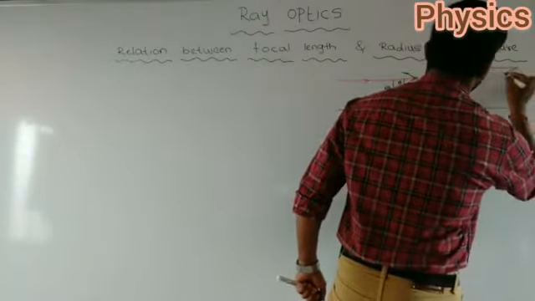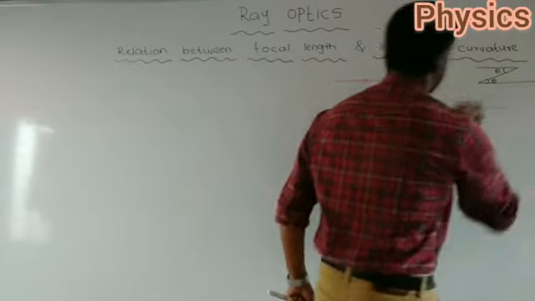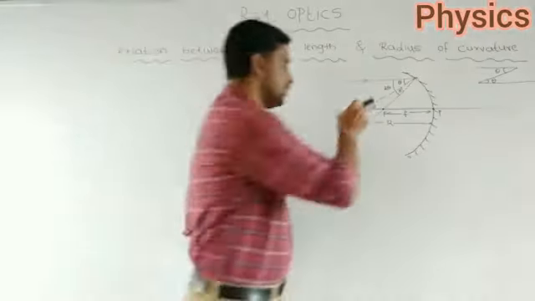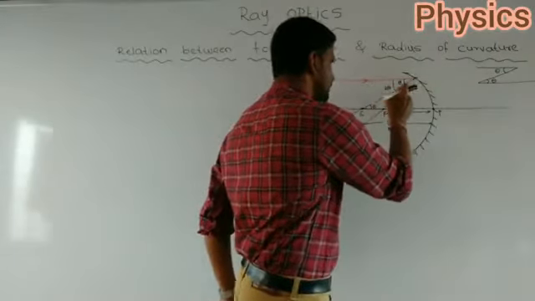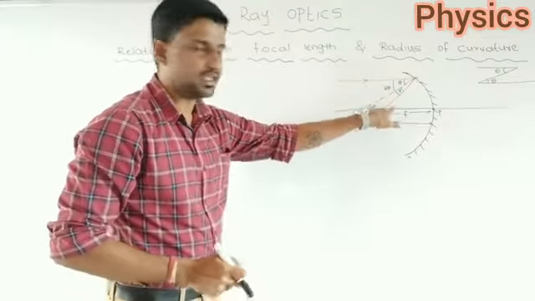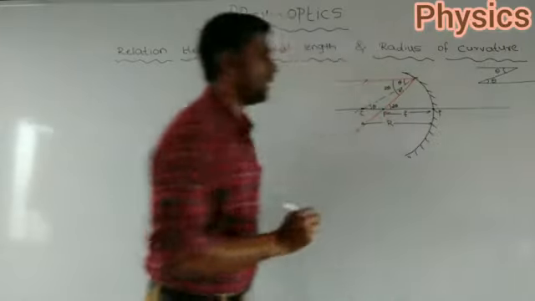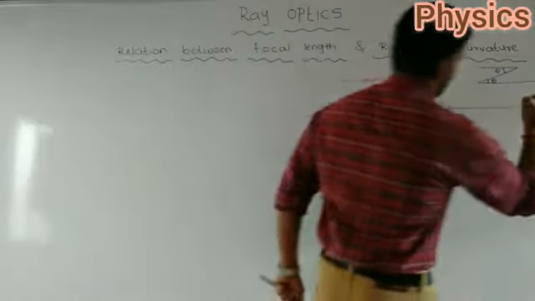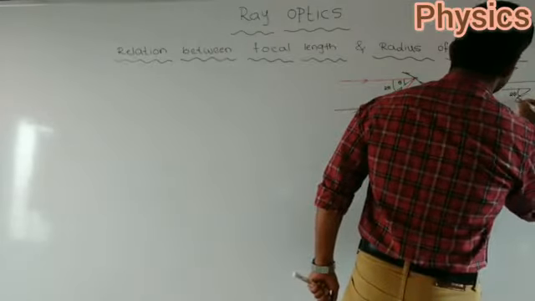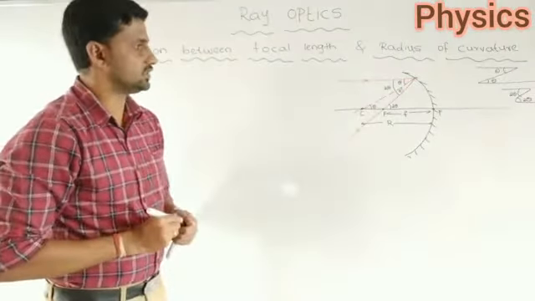What do you mean by alternate angles? So like this. If this one is theta, this one is also theta. These angles are called alternate angles. Now if this total angle is 2 theta, then this angle here is also 2 theta. This is also an alternate angle. So if you observe here also, if this one is 2 theta, then this angle is also 2 theta. These are alternate angles. Okay.